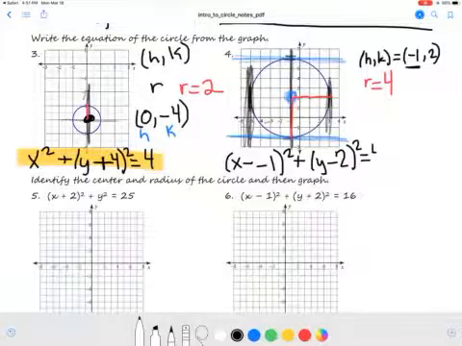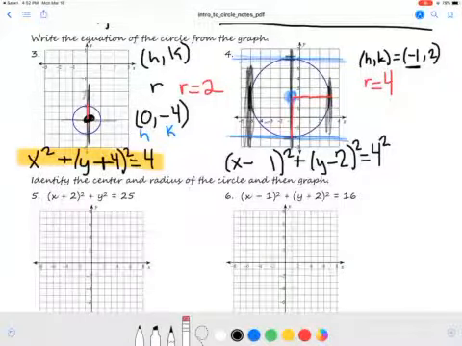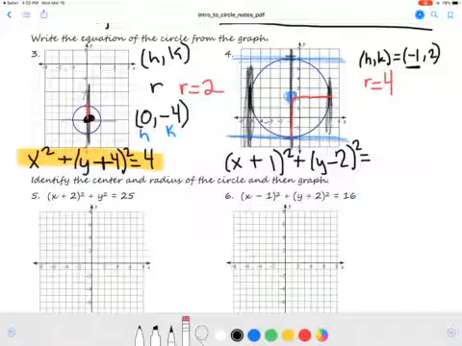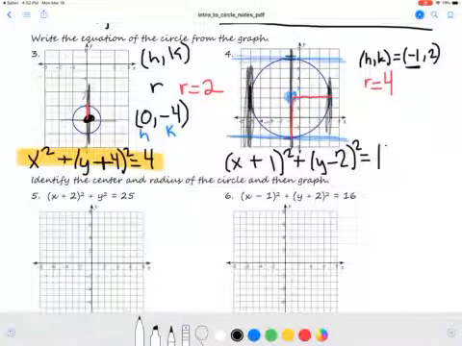Don't forget to square it. So 4 squared. And we're going to go back through and clean it up. Double negative with the x, so that can become a positive. Plus, and 4 squared we know is 16, but don't be afraid to use that calculator. 16. And there is